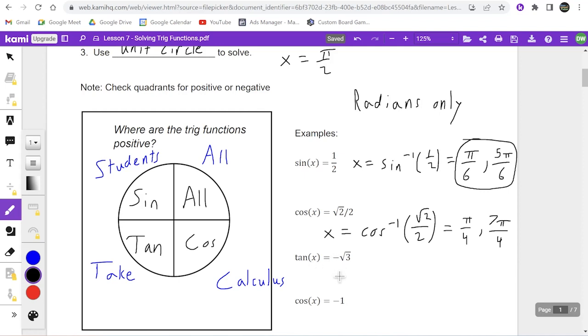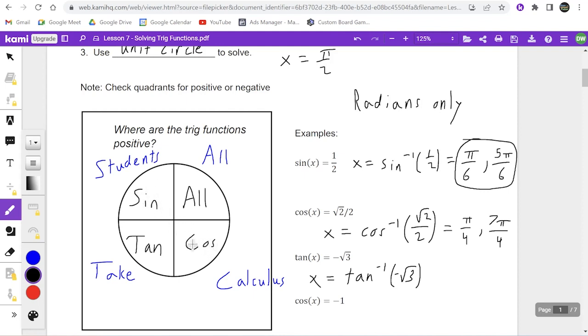Tangent x equals negative root 3. Again, same idea. X equals the inverse tangent of negative root 3. Now I have to ask myself, where am I going to do this? And let me be more specific. When I say negative root 3, I know it's got to be in either quadrant 2 or quadrant 4, because